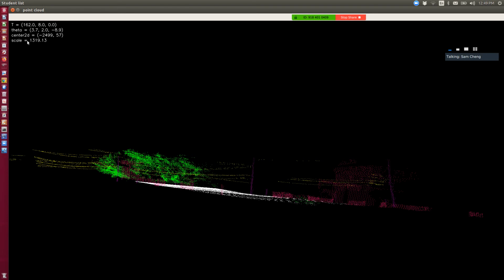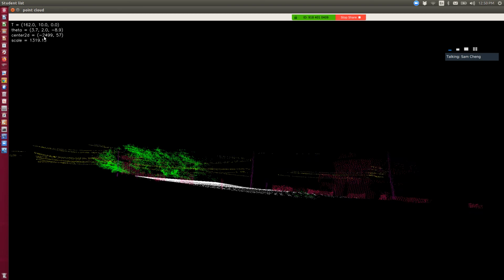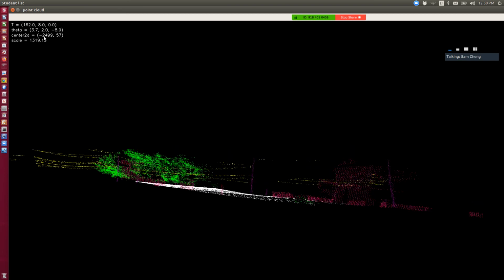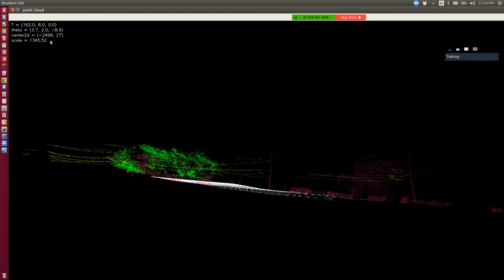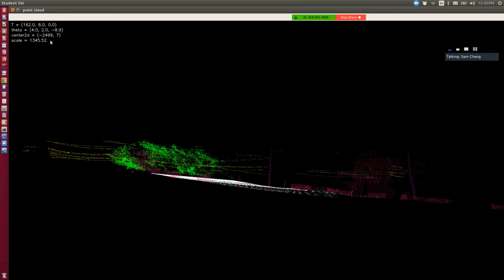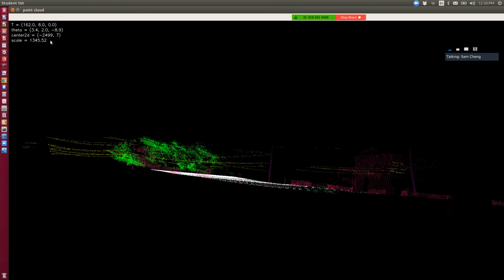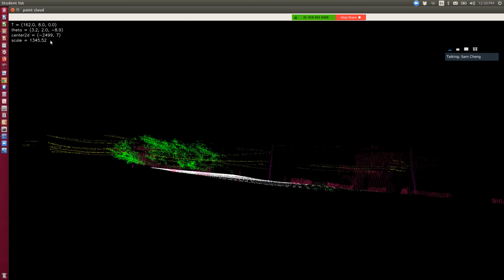Center 2D is basically the UV, where I center the sensor location here. But theta, I can't remember what that is. Scale is like theta, I guess it should be the angle of... I think, let's see, how do I change it? Okay, theta is like the different axes, the angle of